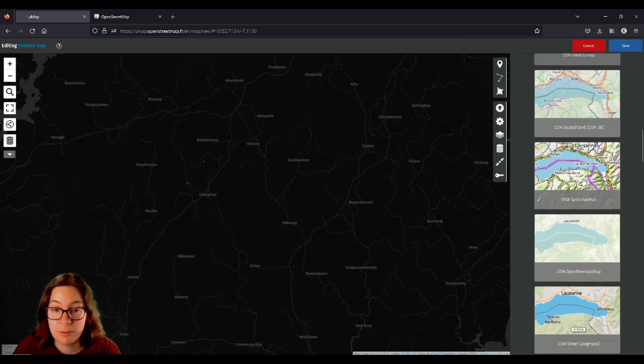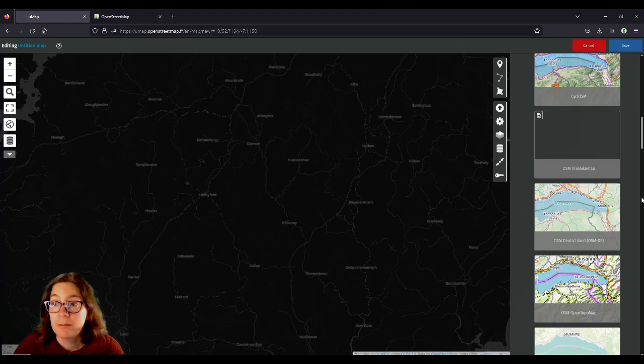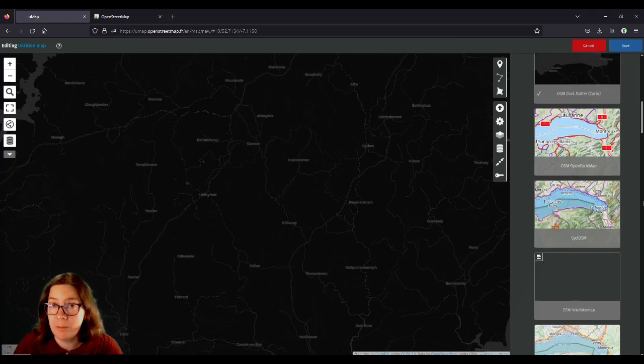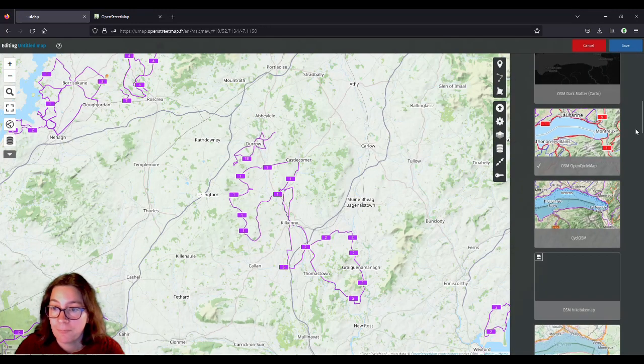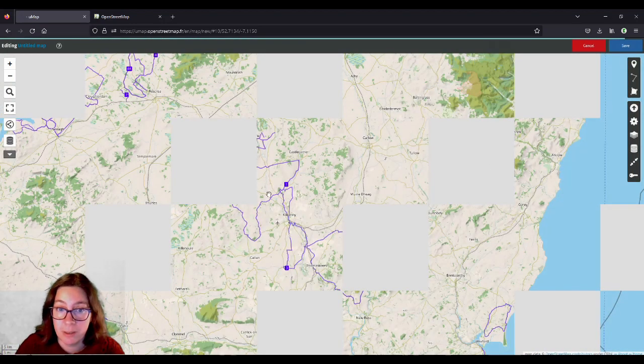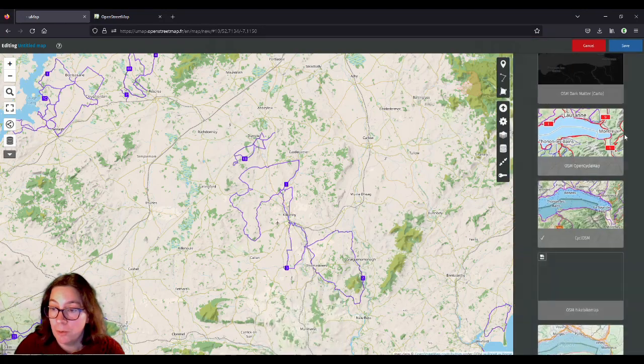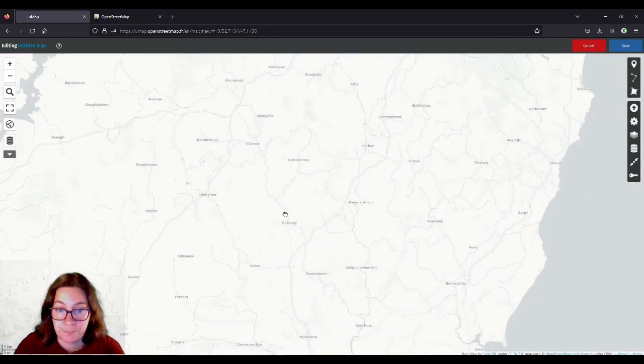If you have a cycling related exhibition coming up, or if you want to appeal to cyclists, there are several cycling layers that show all the mapped cycling routes in your area, and other amenities for cyclists. So you have the OSM Open Cycle Map and CycleAwesome. But I'm not going with those. I'm going back to this one.